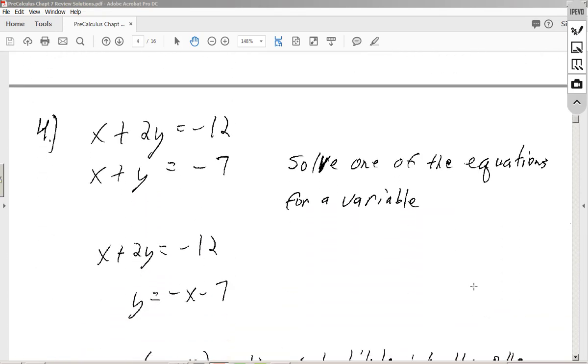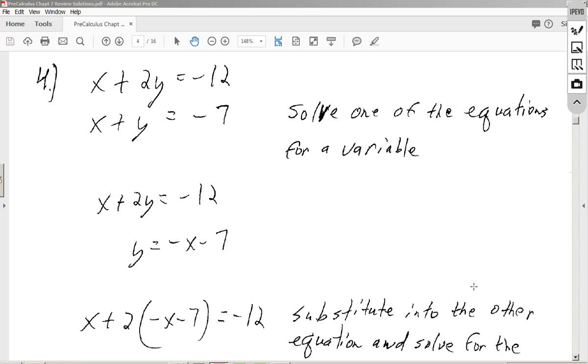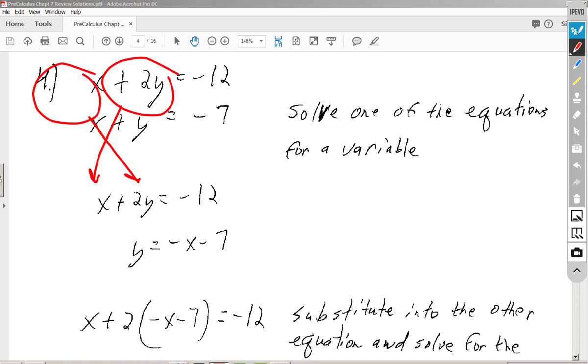Looking at problem number 4. Problem number 4 is to solve the system by the method of substitution. So the method of substitution, remember, is where you solve one of the equations for a variable. So solving one of the equations for a variable,